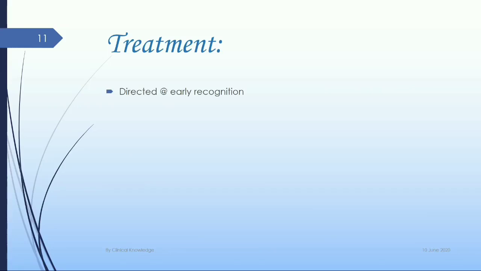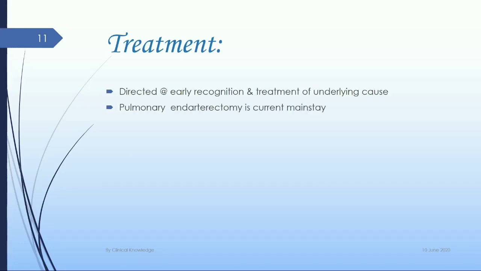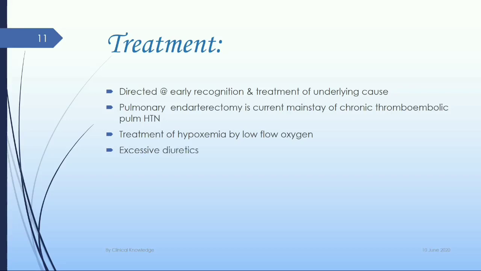Treatment: directed at early recognition and treatment of the underlying cause. Pulmonary endarterectomy is currently the mainstay of treatment for chronic thromboembolic pulmonary hypertension. Treatment of hypoxemia by low flow oxygen. Excessive diuretics should be avoided. Drugs like iloprost,